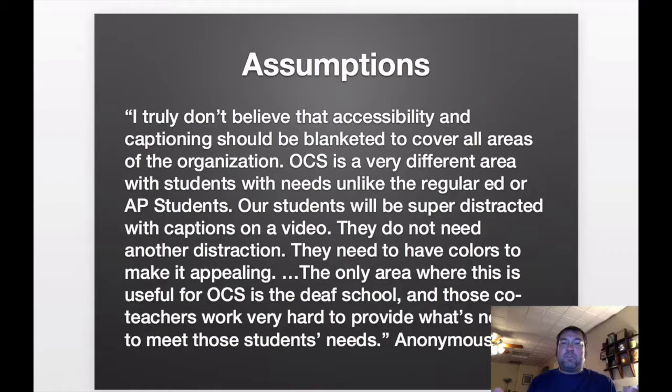It just so happens that the digital world makes it a lot easier for students who have visual and hearing impairments to make it through courses independently if things are configured correctly. So I just